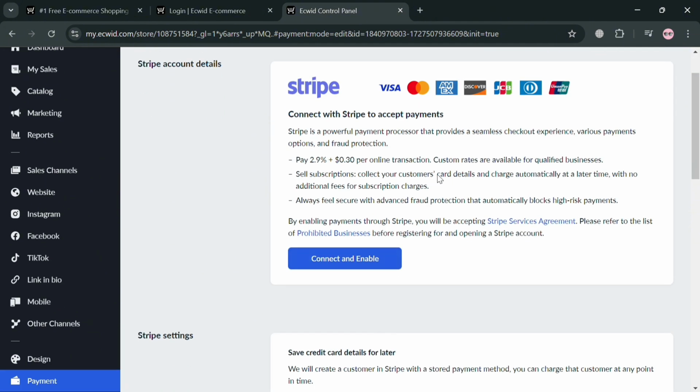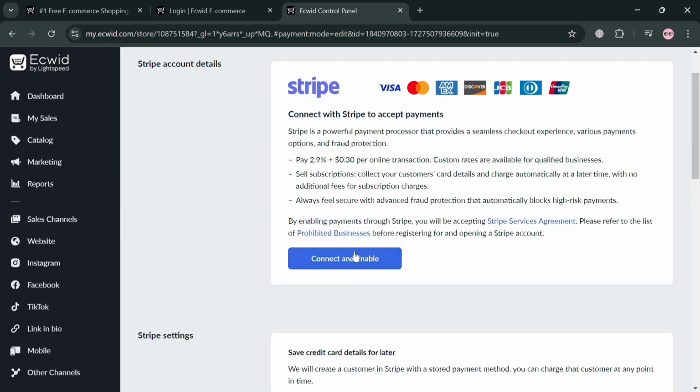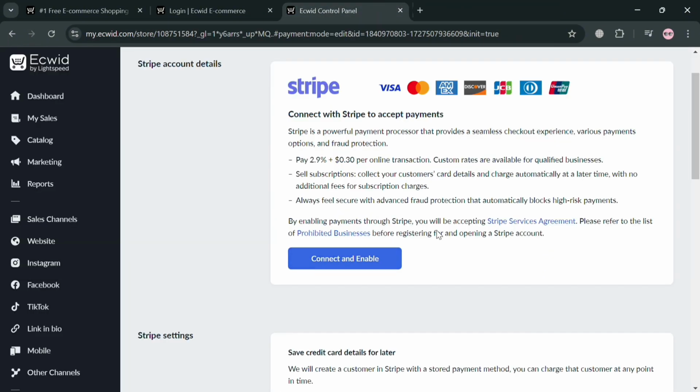You could also accept credit and debit cards or those kinds of payments in this Stripe. All you need to do is to simply link your Stripe account in here. And to do that, kindly click the connect and enable button right here. And upon clicking on it, you will automatically be directed to this page right here. So all you need to do is to simply enter your email address on your Stripe account and click submit and just simply enter your password, and after that, you'll now be able to link your Stripe account on this